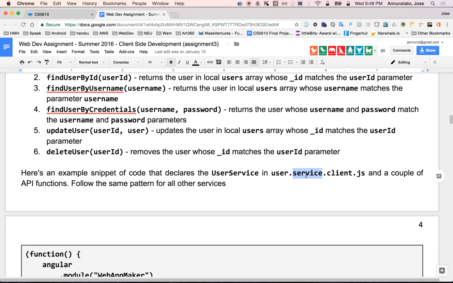Then notice that it says client. That means that this provides data on the client side, right? When we get to web services, we will have a sister file to this that will be called, very similar, it will be called user.service.server.js, okay? This one over here, the client version, is going to be responsible for sending HTTP requests to the